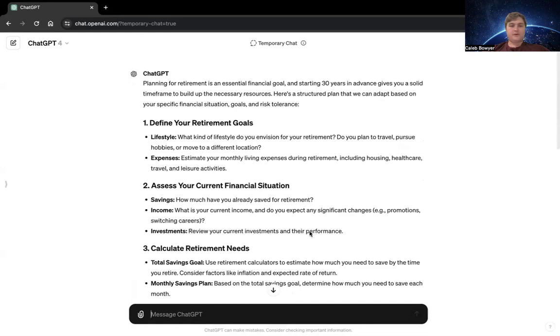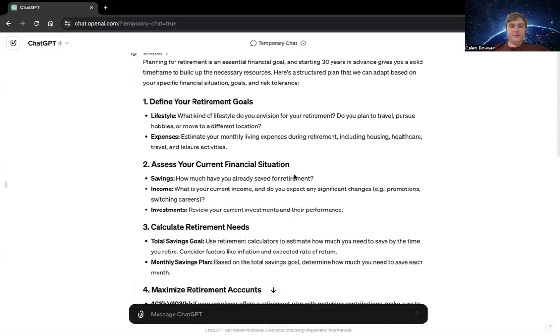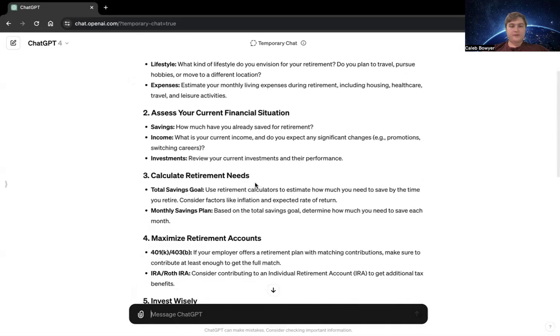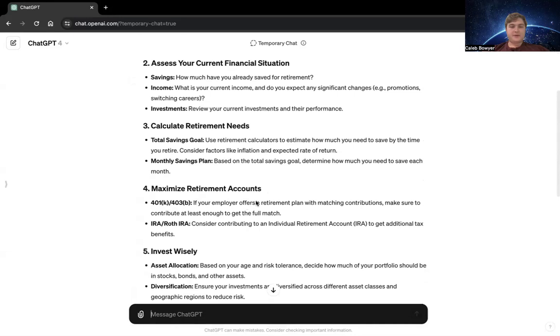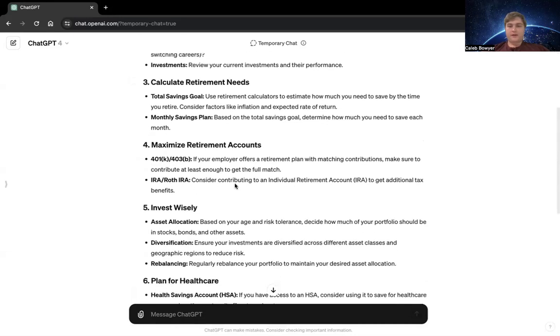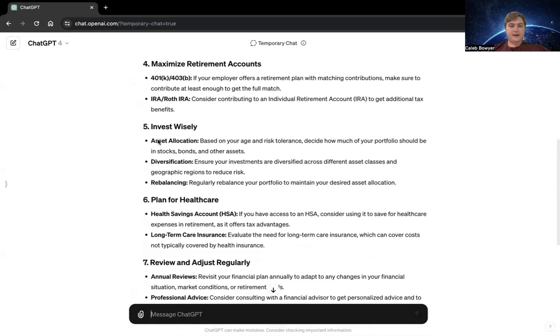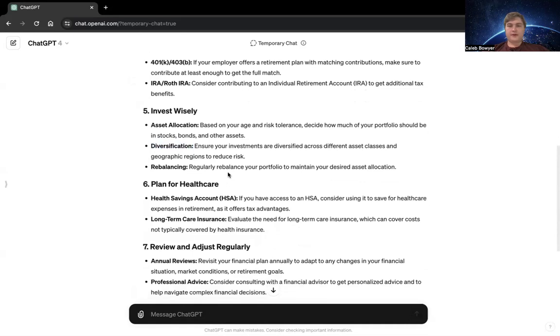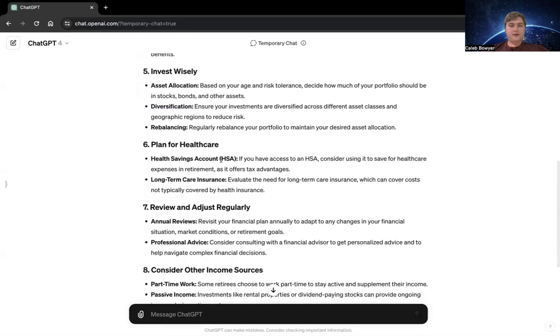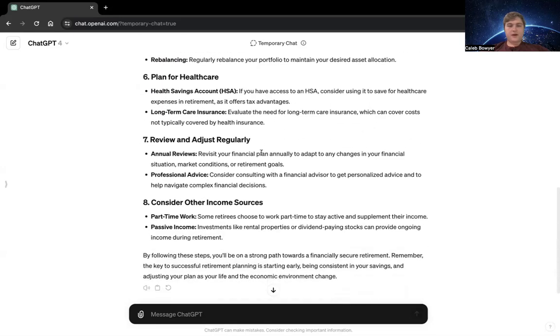Define your retirement goals, assess your current financial situation, calculate retirement needs, maximize retirement accounts, and it talks about the Roth IRA and why you should consider contributing to one. It gives you advice like invest wisely, asset allocation, diversification of your investments to reduce risk, and then planning for healthcare. Maybe you should open an HSA account to plan for different healthcare expenses. Review and adjust regularly. It mentions to have an annual review.